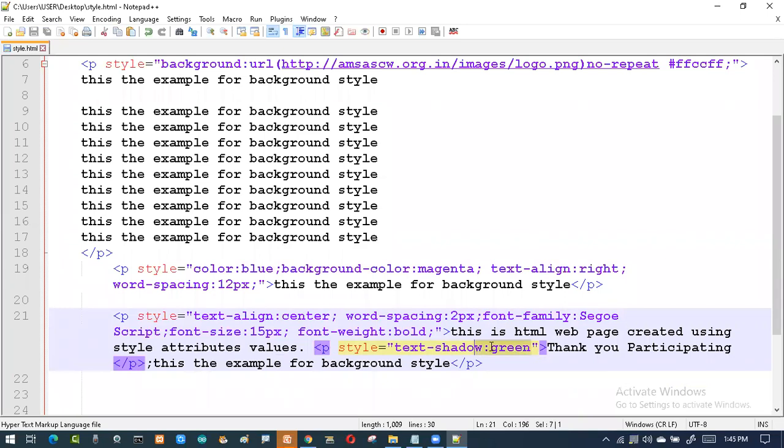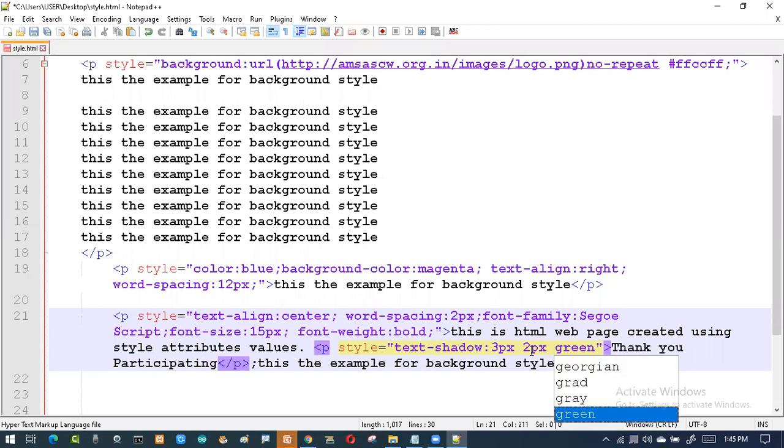Sometimes this may not work. We'll see what the text shadow can do. So 3 pixel, 2 pixel, same thing.